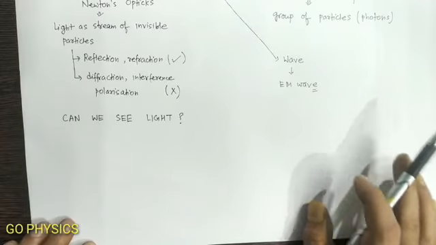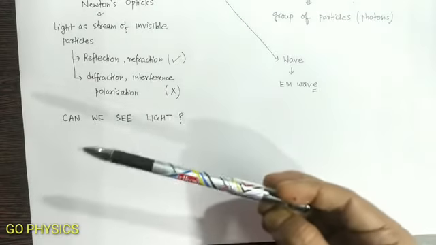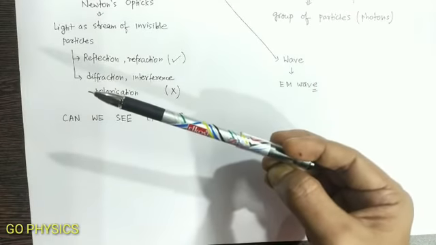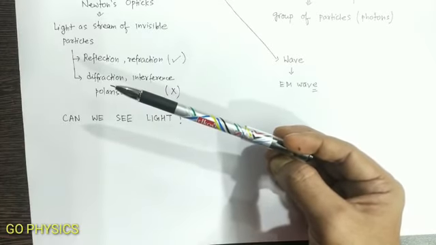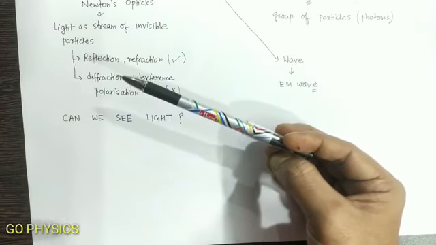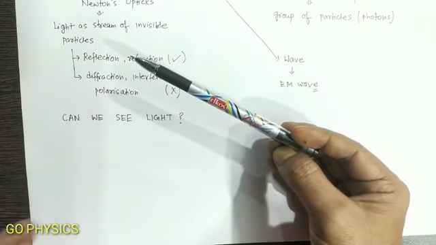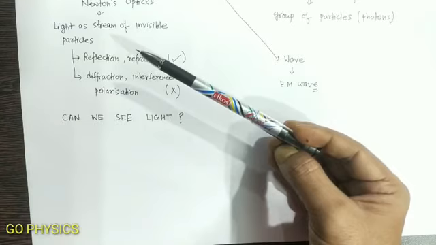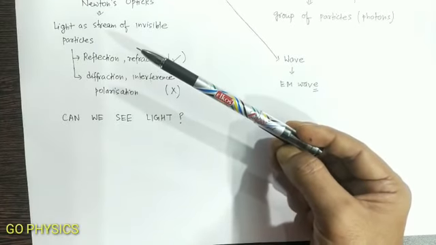What I want to say is, for example, between this pen and my eye, there is light. But I am not able to see that light. What am I able to see? I am able to see the pen, my hand, and this white sheet. I am able to see all these things with the help of light, but I cannot see light. Therefore we can only see objects with the help of light. We cannot see the light actually.